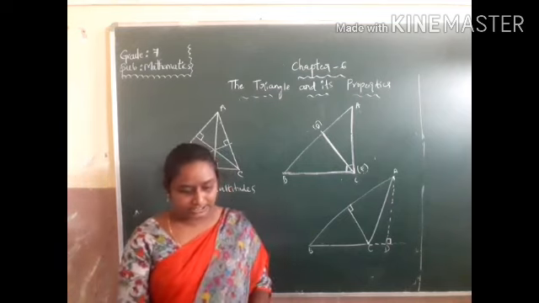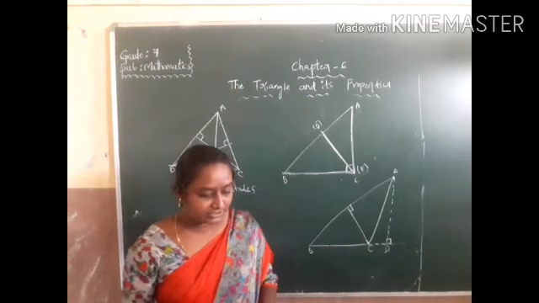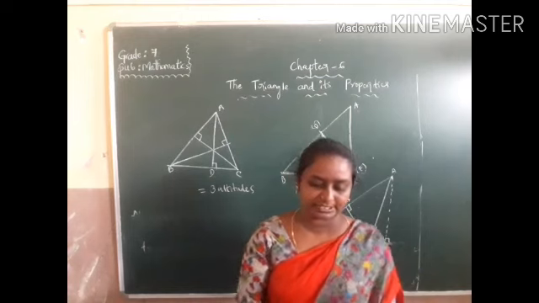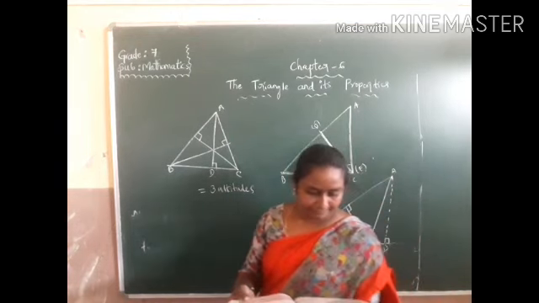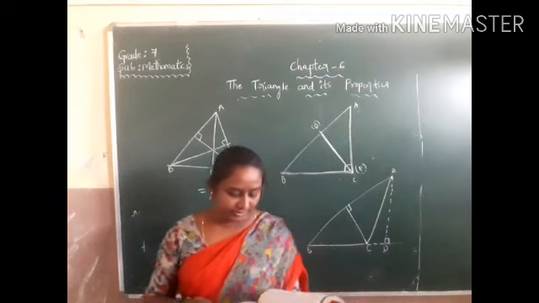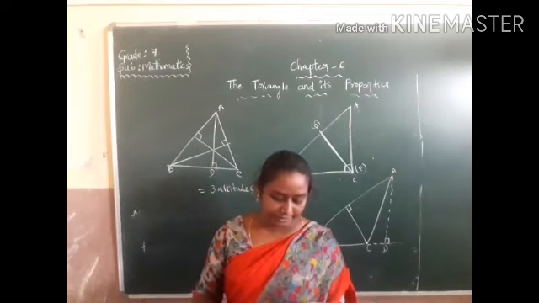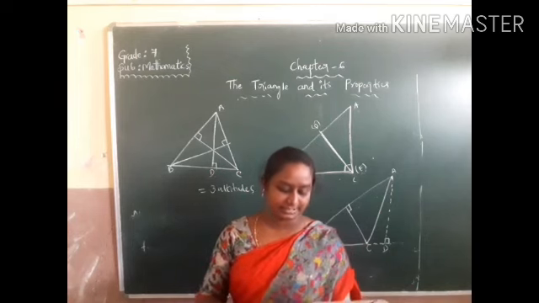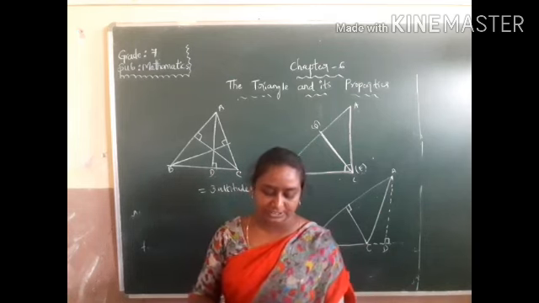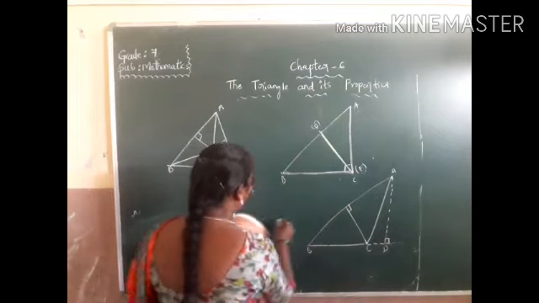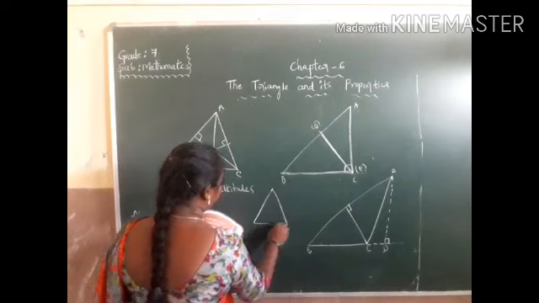Okay children, is it clear? Nice. So now take your textbooks, all members, page number 113. So try this. You can write here 1, 2, 3 questions. Write the 6 elements of a triangle ABC. Write the side opposite to the vertex Q of triangle PQR. Suppose a triangle PQR.